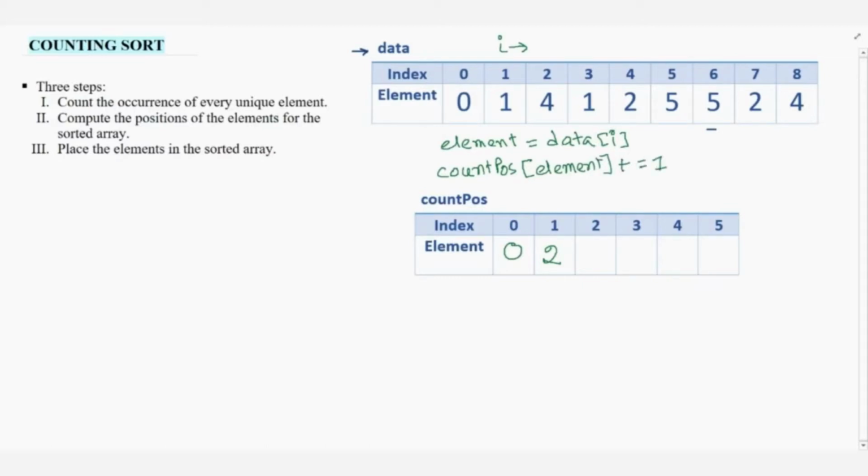So we iterate through the data array, and for every element we take that element into the variable element and increase the count of the element by 1. So after we finish the iteration through the data array, we find that there are total 8 elements.